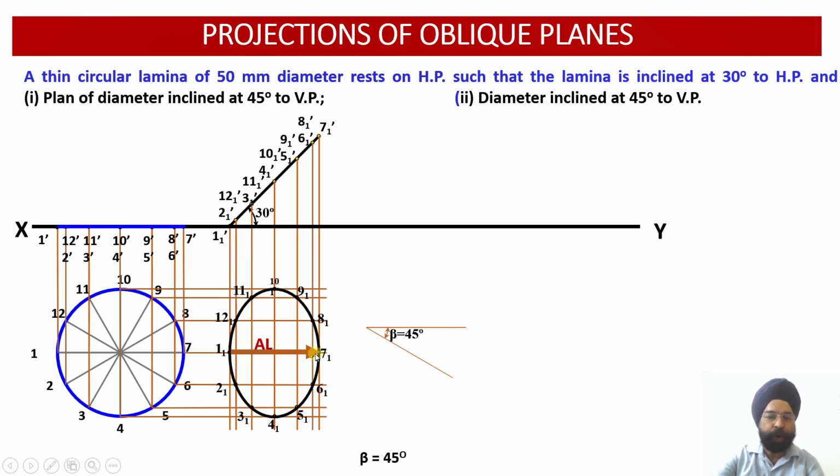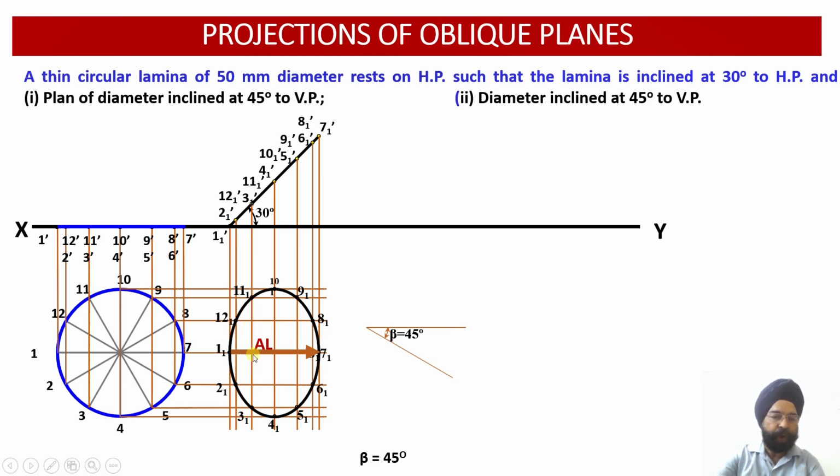Having marked these 7 points, for the first point the vertical distance is 0, and for the seventh point the vertical distance is 0. Corresponding to the second and the sixth point, this is my vertical distance. I'll measure only one distance, so the distance of 12 from this point and the distance of 2 are equal. This is equal to the distance of 0.8 and 0.6. So from points 2 and 6 I'll mark this distance 4 times and I'll obtain 4 points of this elliptical